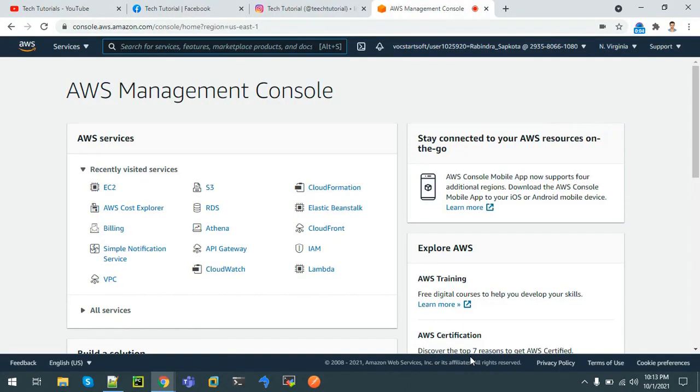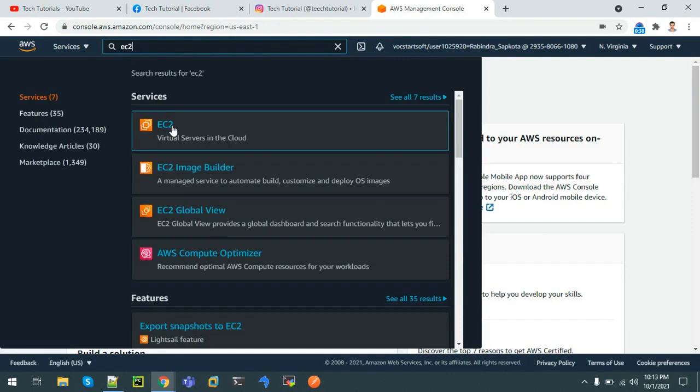In last video, we used Amazon EC2 service for creating Windows Server, and we also connected to it using RDP client. In this tutorial, we'll create one Linux server, we'll host one web server on it, and we'll connect to it using our browser as well as from our client. The steps that we require to create Linux server is similar to the steps that we followed to create Windows server. So on services, I'll type here EC2